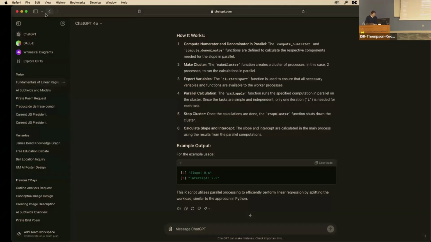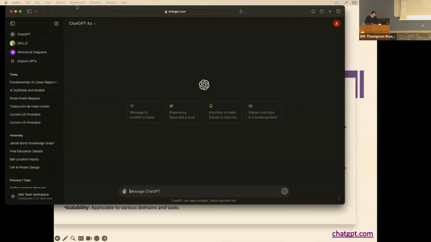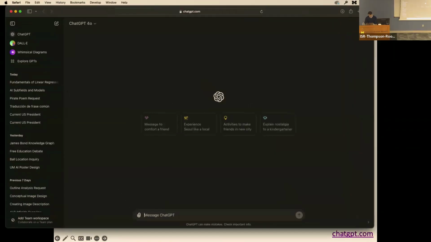Now, the next technique we have is prompt chaining. So if you already have a process like the one we went over right now, you can just break it down in these steps and provide it to the ChatGPT model. So it opened over here. Let me drag it. Okay. So let's go ahead and write a prompt for this. We'll say, do the following steps.